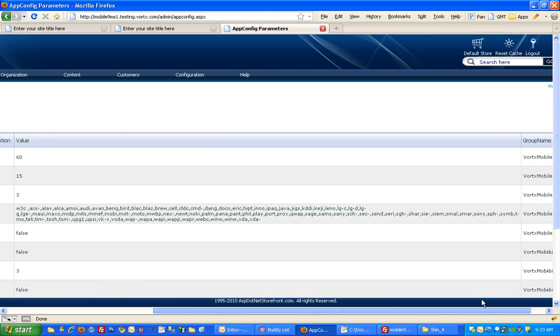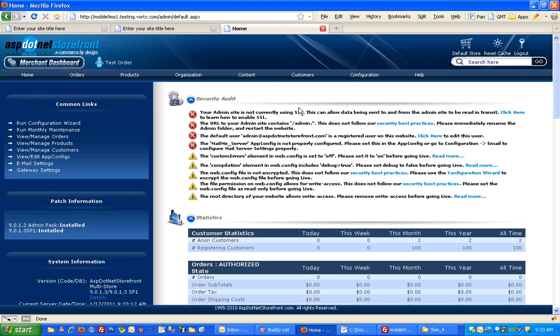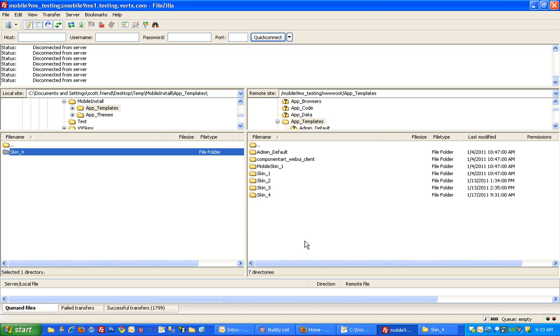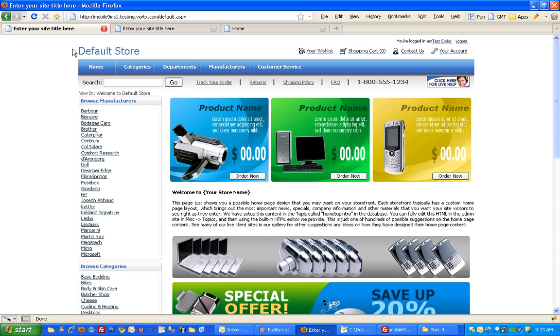So now I'm just going to scroll over and reset the cache to make sure those app configs take effect. And let's check on FTP. It looks like all the skin files have transferred up there, so we're ready to go. So let's take a look. Here's our second store, the other store, and if I hit mobile go,